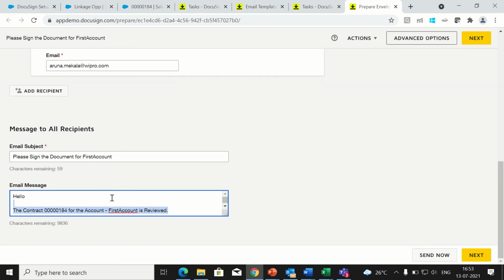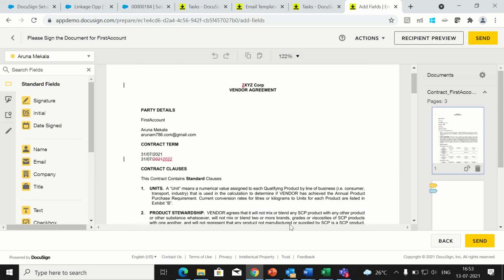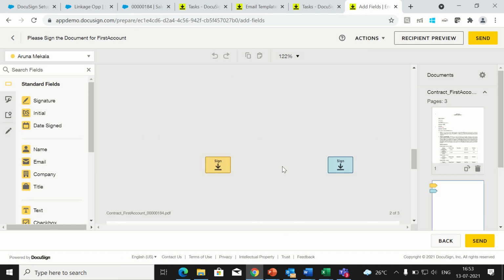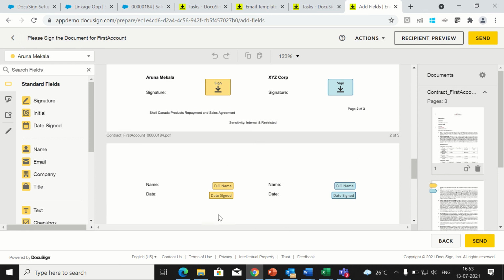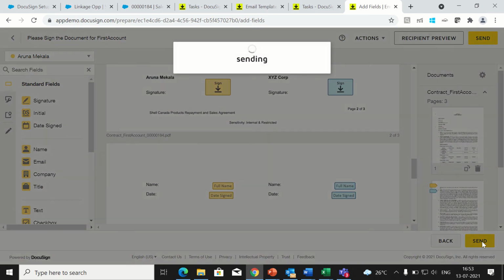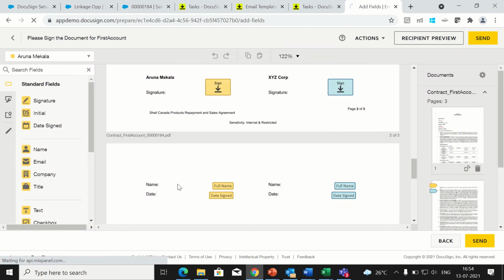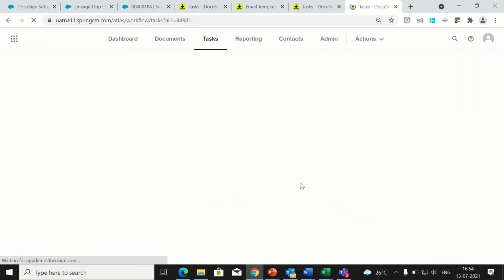And this is the email template. I'm using the email template given, with this body and subject. Next I'm clicking on next to show the signature fields being used here: the name, date, and sign. I'm clicking on send. Now first the customer will sign the document, then XYZ Corp will get a notification that